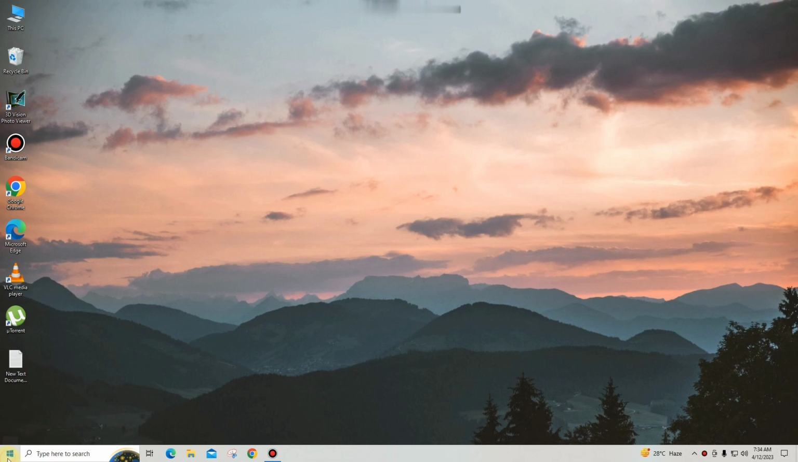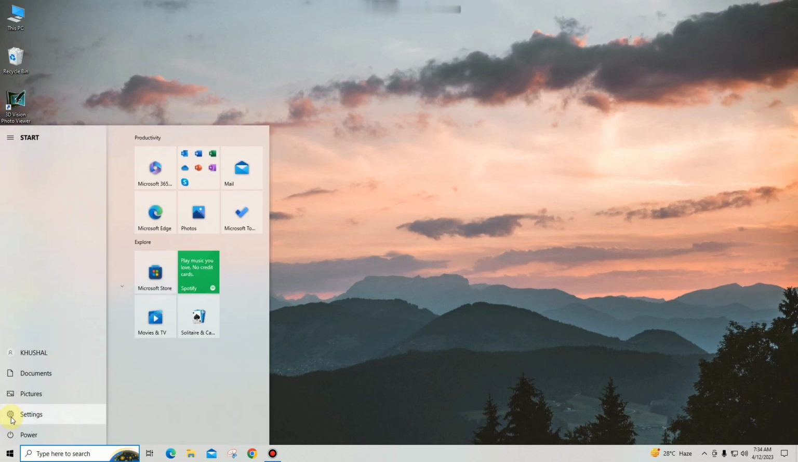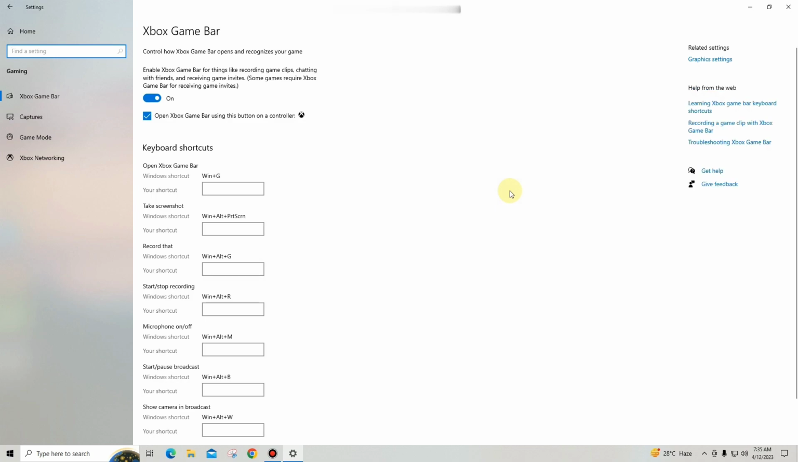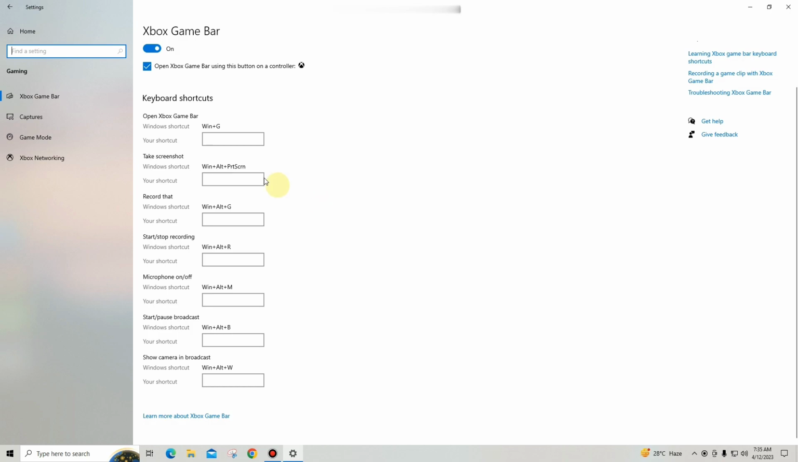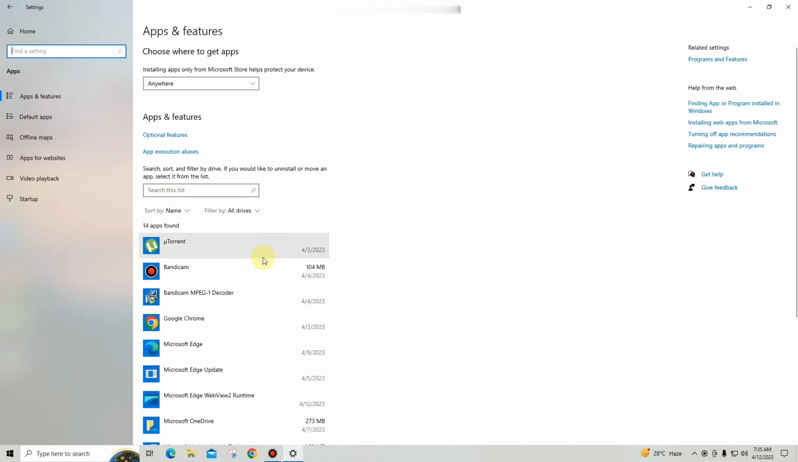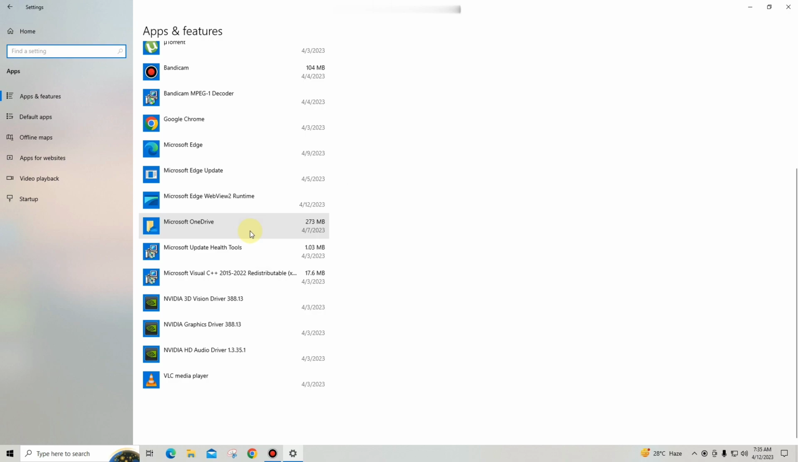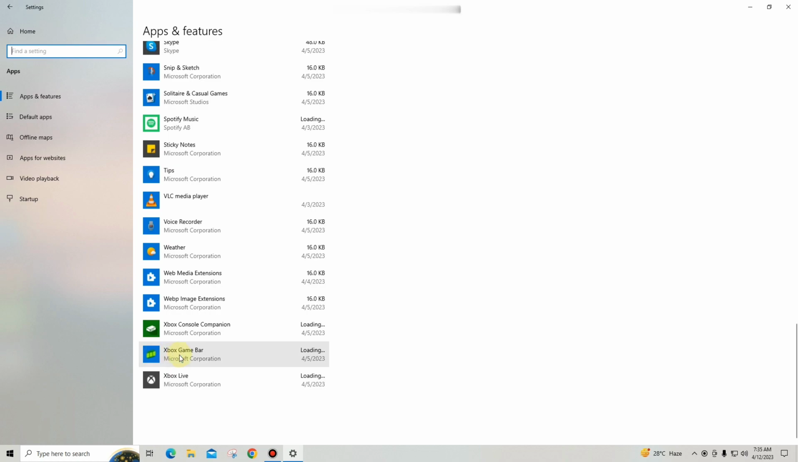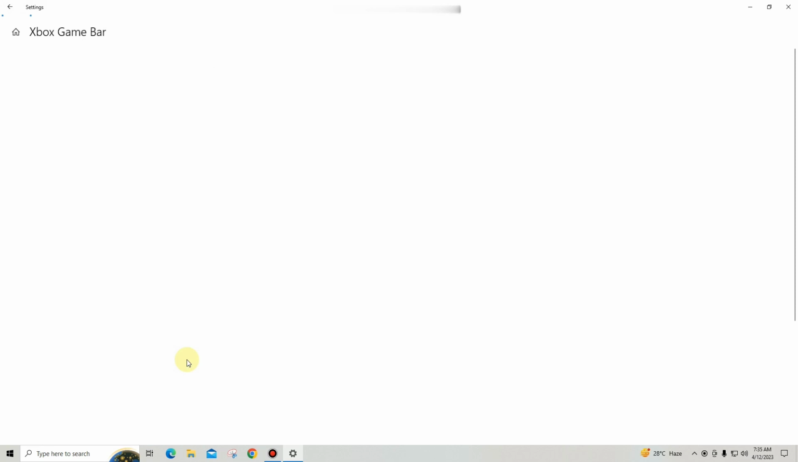First thing is, you can simply go to your Windows, head over here to settings. In settings, you can click over here on games and make sure this option is turned on. Then you can again go to your settings option and hit apps. In apps, look for the Xbox Game Bar. Over here, Xbox Game Bar, click on that, click advanced options right over here,